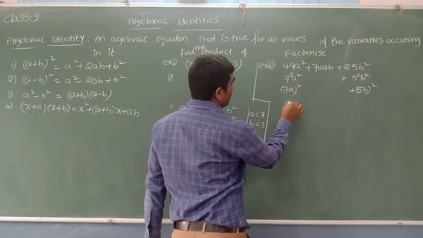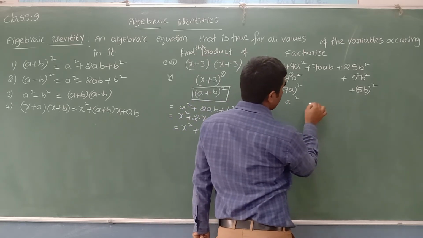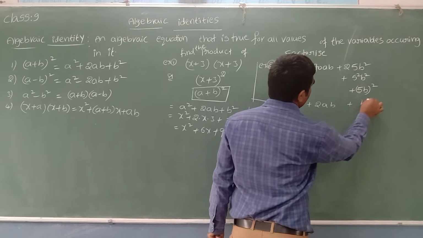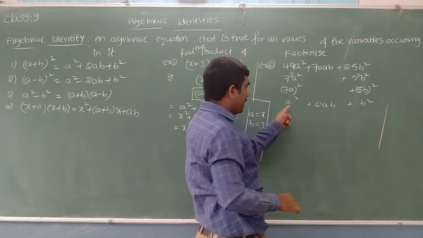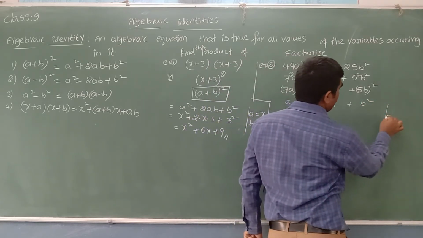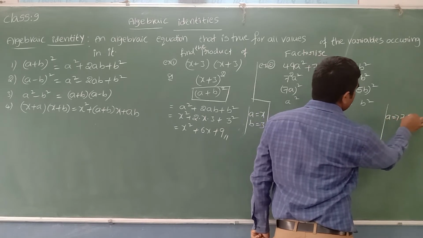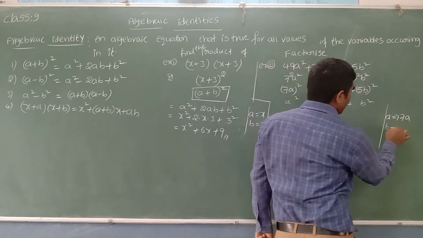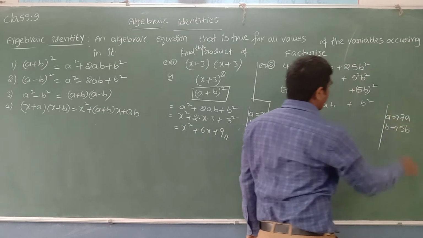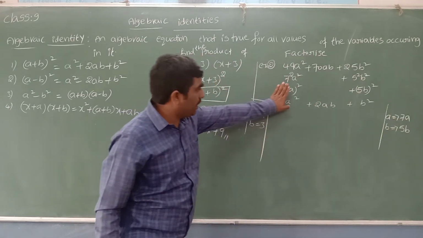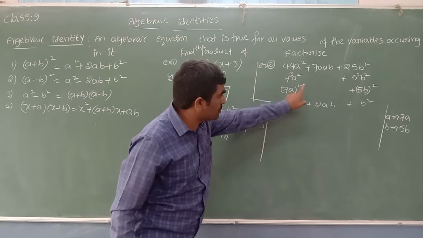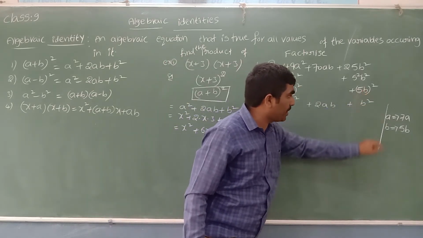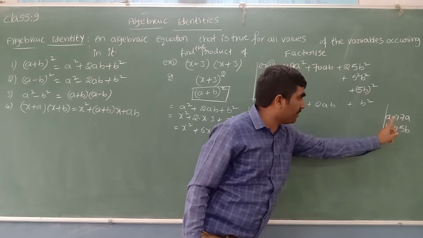Sir, it is like now a square plus 2ab plus b square, where a is nothing but 7a. A implies 7a. Where b is equal to how much now? 5b. Where b is equal to 5b. Yes. A power 2, same matter. In the place of a we can put 7a, in the place of b we can put 5b.